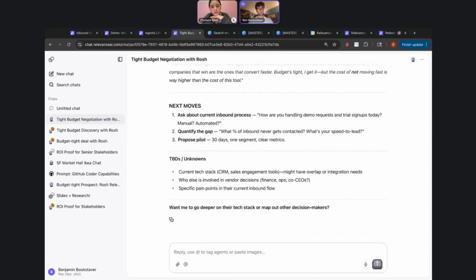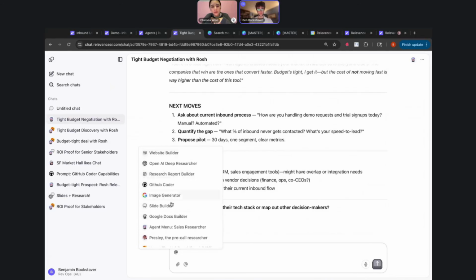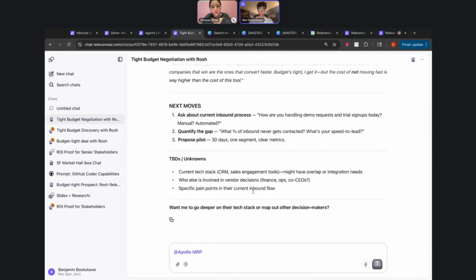What about maybe using Apollo? This is where chat really flexes its procedural muscles, where you can start tagging other agents and say, Apollo, can you source some more contacts from Relevance AI, please?